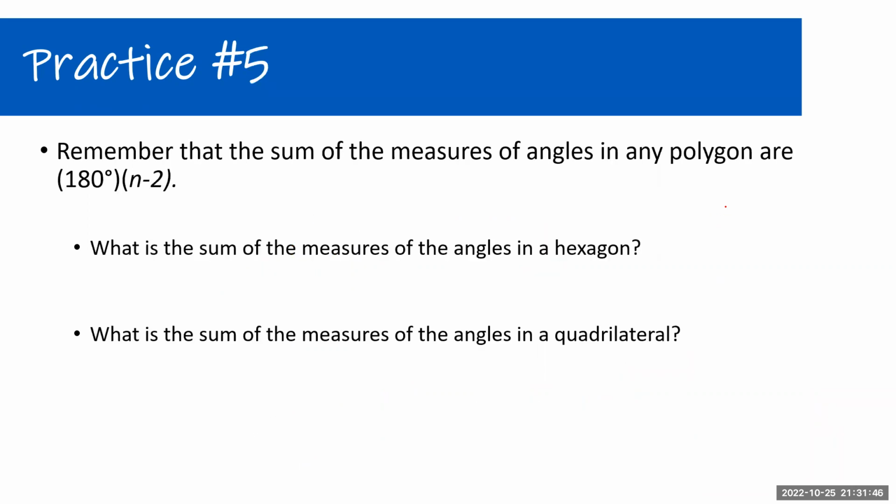Now let's keep in mind that the sum of measures of angles in any polygon, remember, thanks to that triangle, you can split into n minus 2 triangles. The total angles is going to be 180 times n minus 2. Okay. So what would be the sum of measures of the angles in a hexagon? Well, this is two parts. In a hexagon, how many sides do we have? Well, we have n equals 6 sides. So that means that we're going to have 180 times 6 minus 2, which if we put that into our calculator,